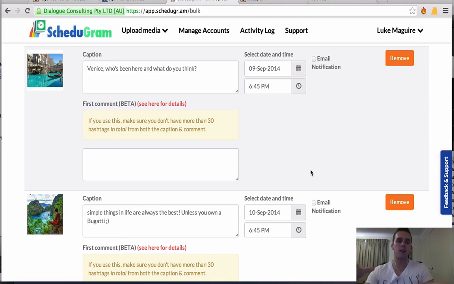back into the PhoneGram app, grab another 40 or so pictures, and then do the same process again, scheduling them for every day again, but maybe for 7 a.m. every single day. Probably between 6 and 9 a.m. in the morning, maybe around lunchtime, and maybe earlier in the afternoon as well. So I get 4 or 5 images going out every single day, which will build this up really fast. The interactions will go crazy, hopefully,